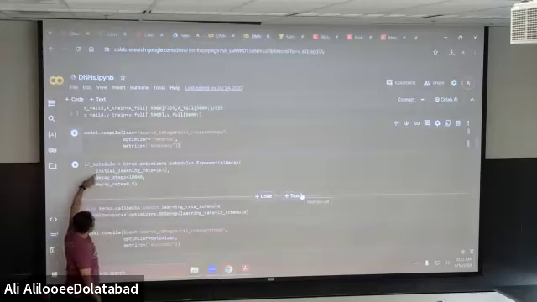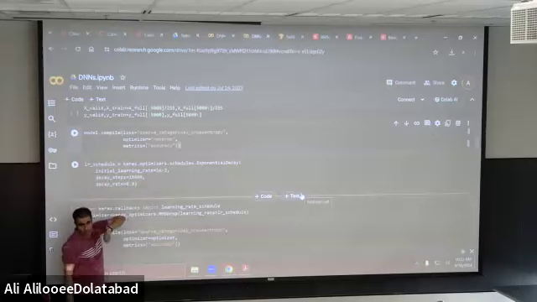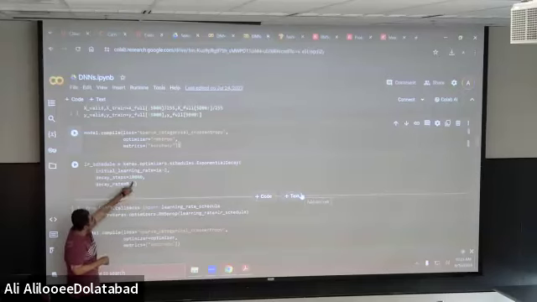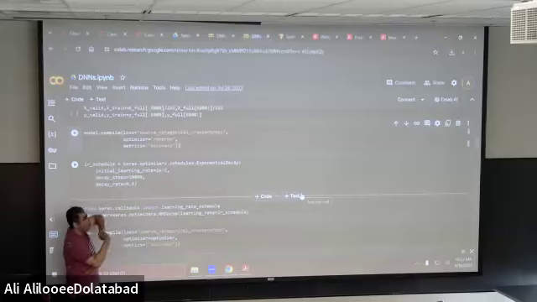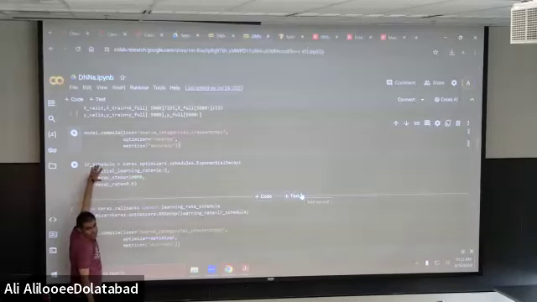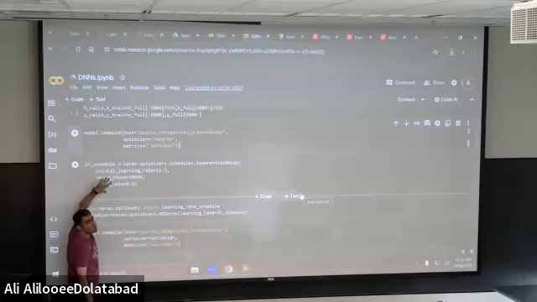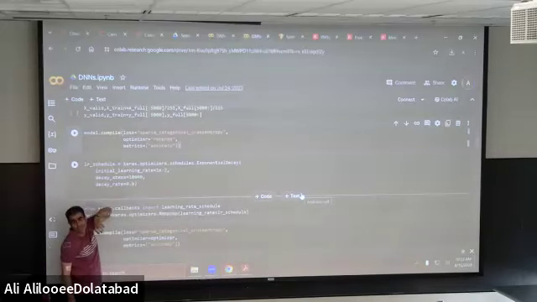Here I am saying that you choose this as the initial value, and after this number of steps, adjust the learning rate, and as you can see, this is a decay rate. Here we are making the learning rate smaller. That's one process to choose the learning rate in a nicer way.